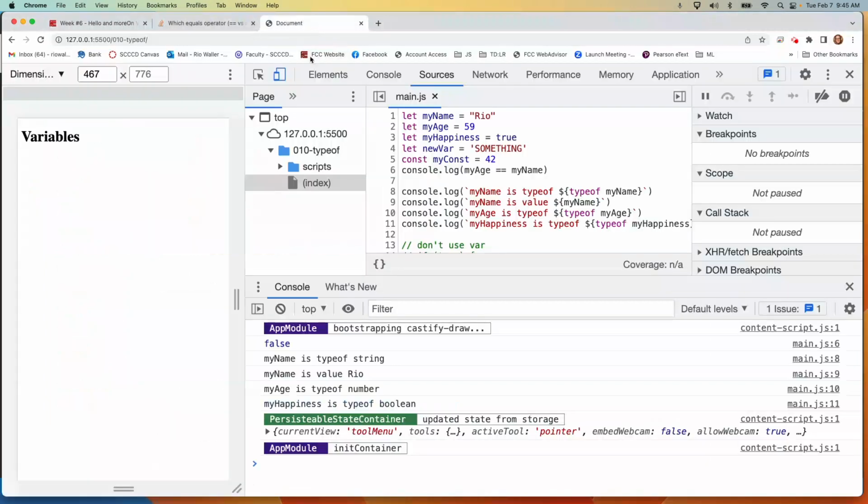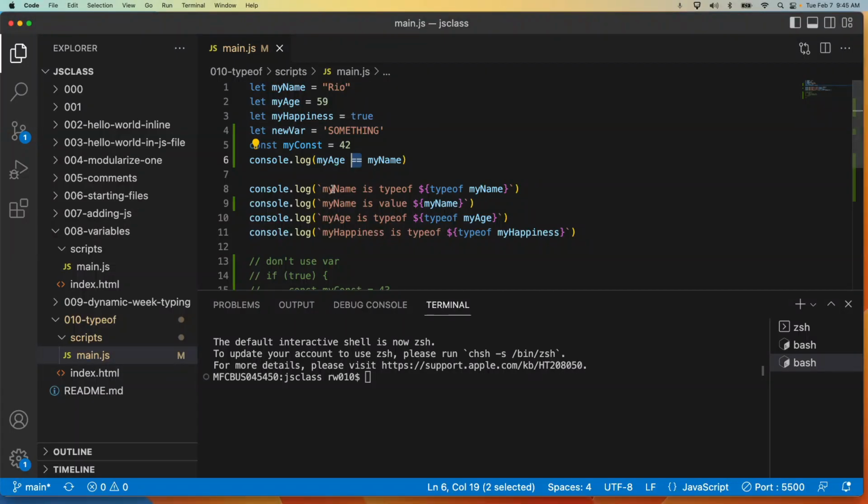So let's just go look. And it's false. It's not. Of course it's not, because it's a different type, and it's a different value. But check out what will happen, because we know we can do this. If I was to go up here on my age and type 59,